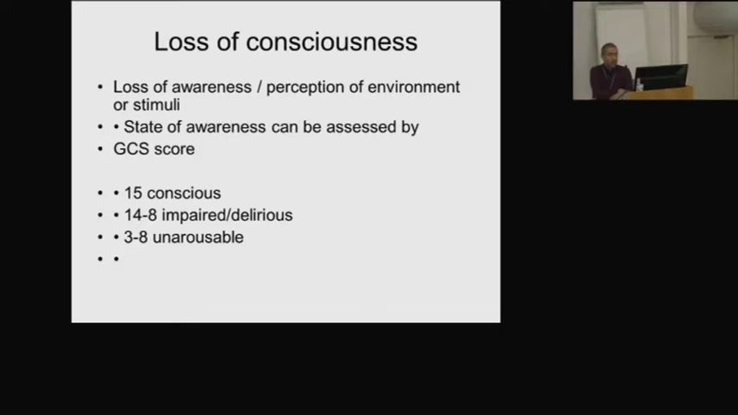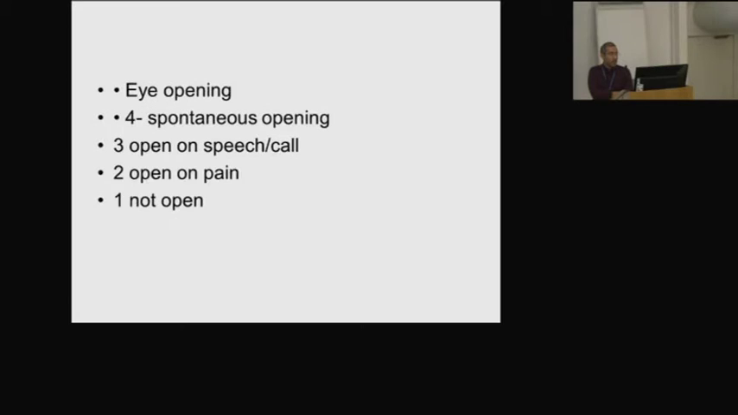Essentially, a Glasgow Coma Scale of 15 is a patient who's fully conscious, fully aware. A coma score of between 14 and 8 is associated with some impairment of consciousness or delirium. And between 3 and 8, patients are very hard to rouse or unrousable, essentially. And as you're probably aware, the GCS is split into 3